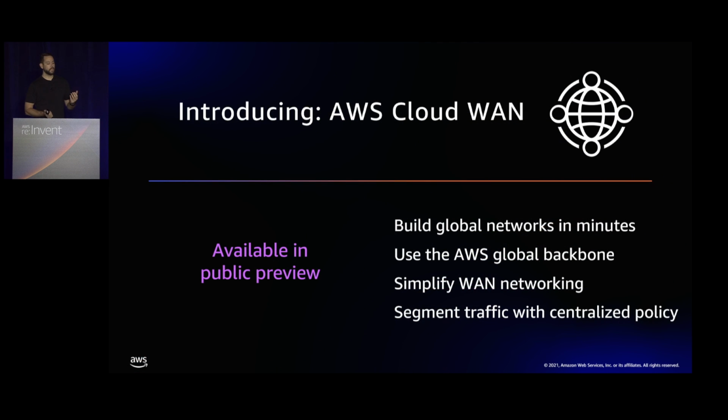So Cloud WAN is available in public preview, and there are some disclaimers here. Cloud WAN is not something you want to be using for your production workloads today, but it is available in public preview. Jump in and check it out, and we do want to hear feedback on this. But the idea of AWS Cloud WAN is you can build global networks in minutes across the AWS backbone. So you're essentially using our backbone to build an overlay that is Cloud WAN to allow connectivity between your sites, between your VPCs, for hybrid connectivity. We'll talk about that. You can also build segments, which we'll talk about as well, to have policy across the backbone, to allow some sites to connect to other sites, but not others.